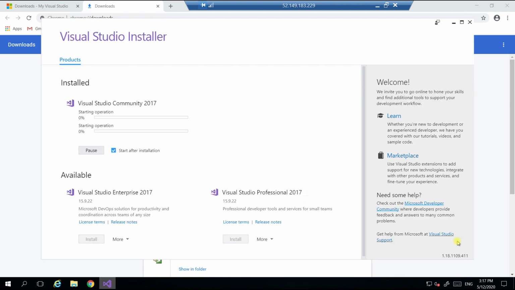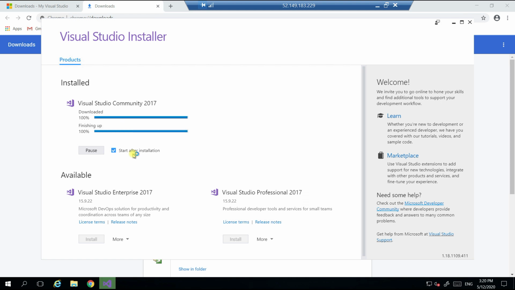Click on that. Now this will take some time because these two should be completed. So I'm pausing now, just wait for some time. Once this is done, Visual Studio will open by default. We have this check mark by default, start after installation. It means once this is done, we get Visual Studio by default. From there we will see what the next steps are, what we have to do. For now I'm pausing, just wait for some time.